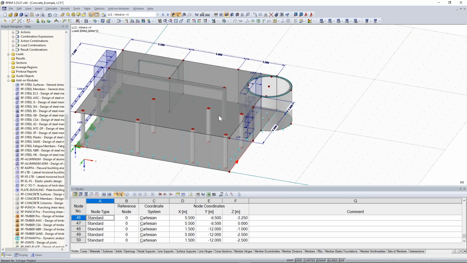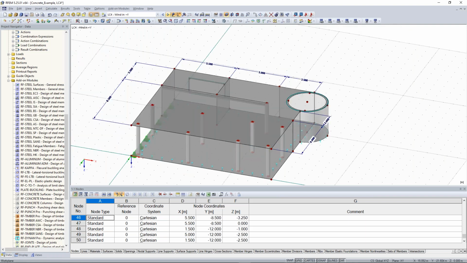And here again, line loads 41. Good. So I jump to the next load case. Just click here on that arrow, next load case. Now from the other side,